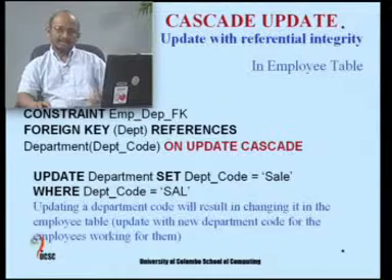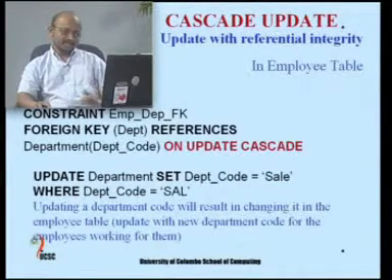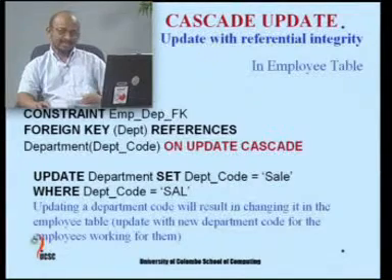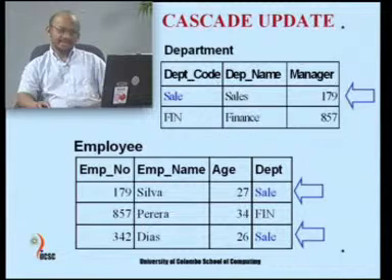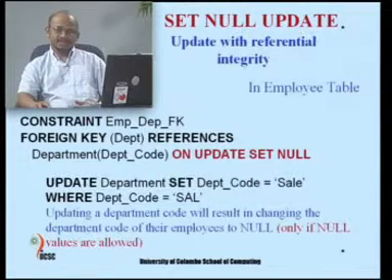At the same time, it will also do the same change in the employee table. So, at the end both will have SALE instead of SAL. So, likewise changes can be done. In this particular example, you can see after running the command, both will have SALE as the code because of this change, whereas in the previous one the change did not occur because of the restrict command. So, cascade will do changes in both places.